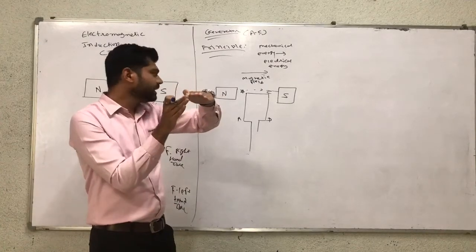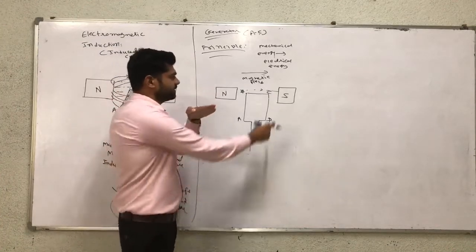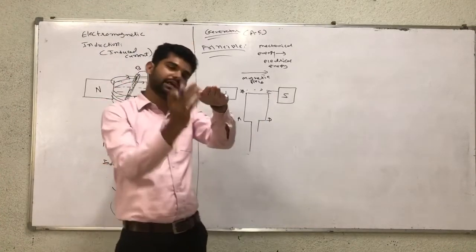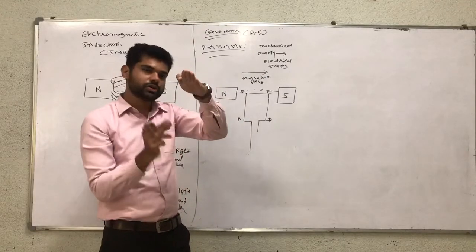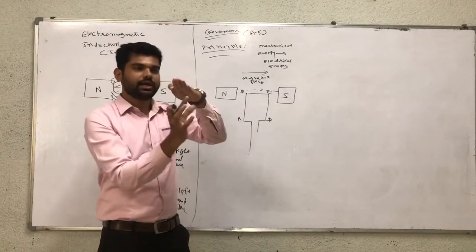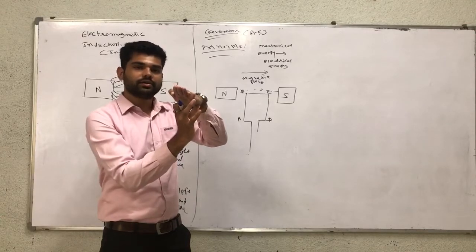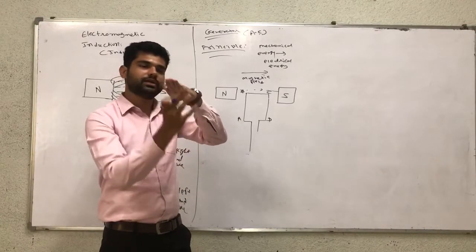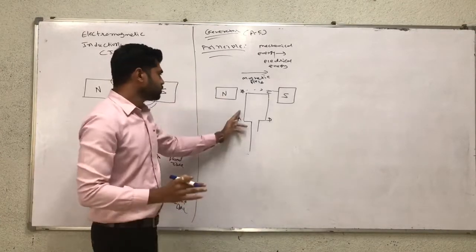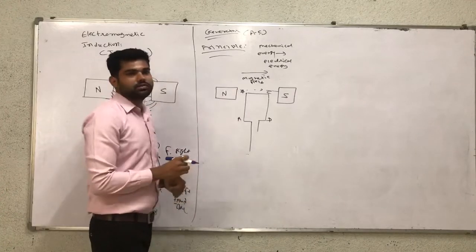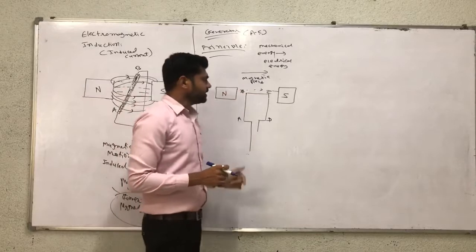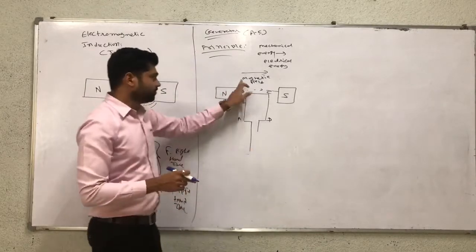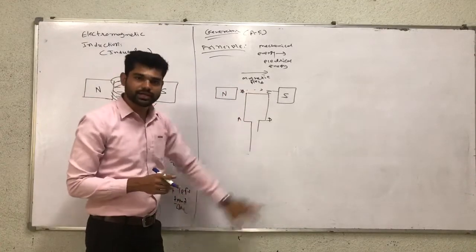Which side? The AB side. Now in the figure, the AB side is up, therefore the CD side is down. So the motion of the AB side is up and the motion of the CD side is down, because AB is up, therefore CD is down. Up direction means our thumb motion is up. Now the BC is represented. The magnetic field line is north to south.